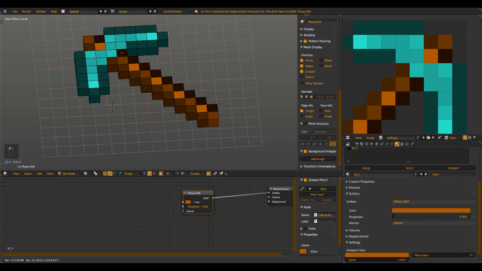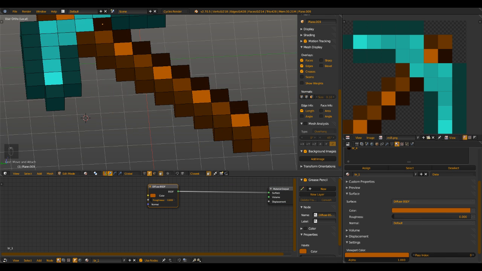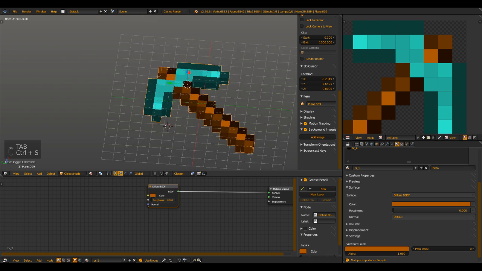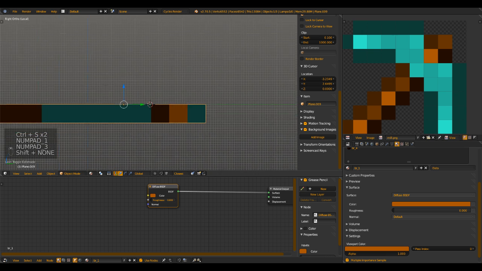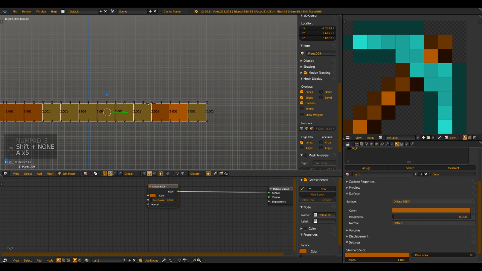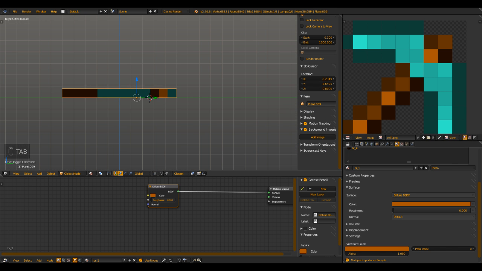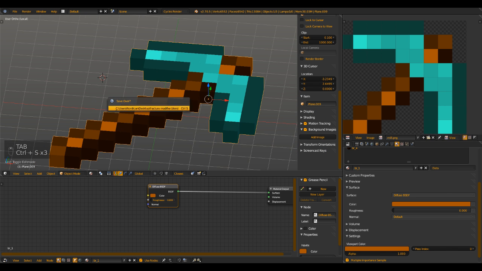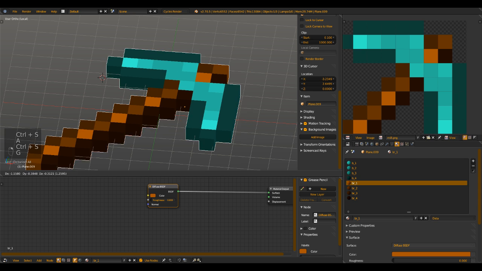Just simple diffuse materials. I picked the color with the color picker. Yeah, that's it. Just want to move that origin point here down. But now you see we have 8 different materials, and I want to have that in only one